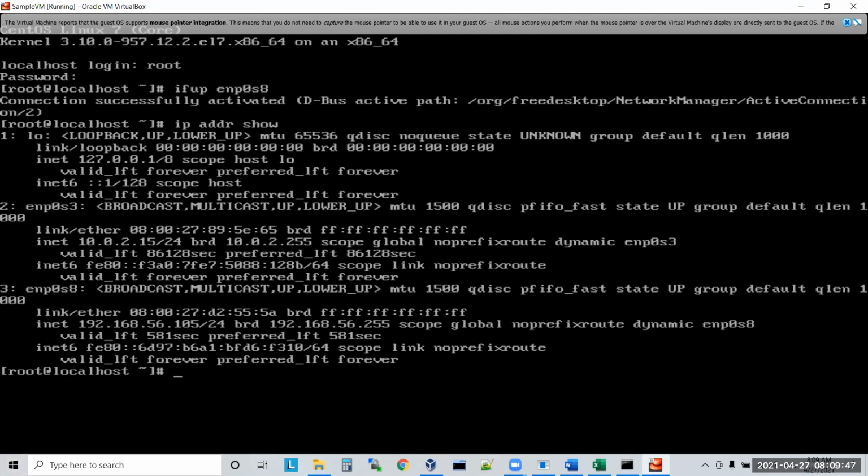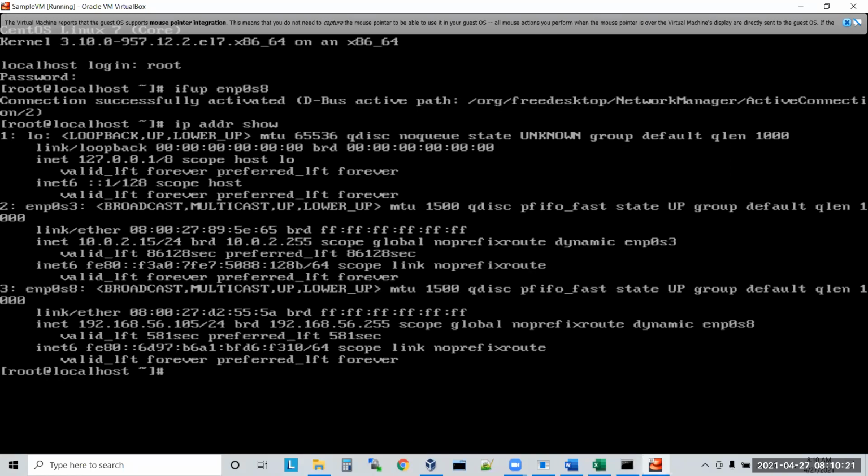But if you see the serial numbers 1, 2, 3, in total 3 are showing, correct or not? 1 is lo, 2 is enp0s3, and 3 is enp0s8. That lo is the loopback IP address which will be there for every machine. It will work only for that particular machine; external systems cannot use this loopback IP address. The default loopback IP address for each machine is 127.0.0.1.